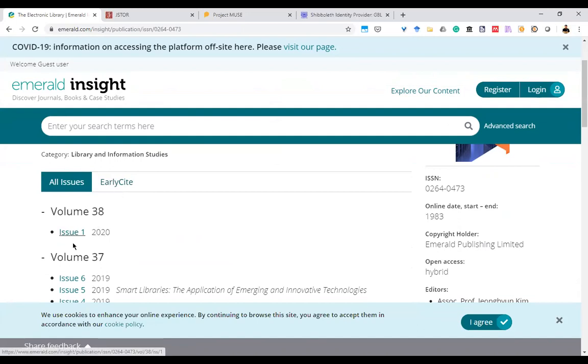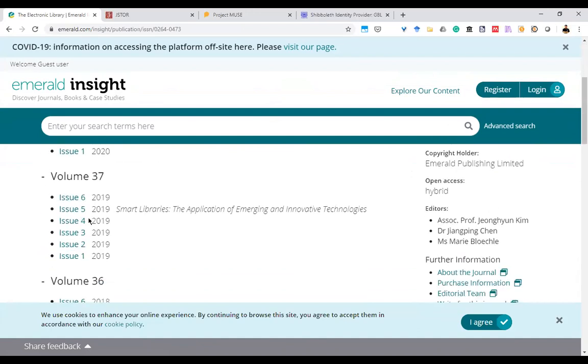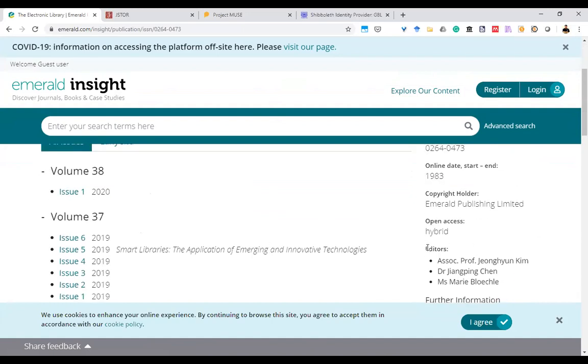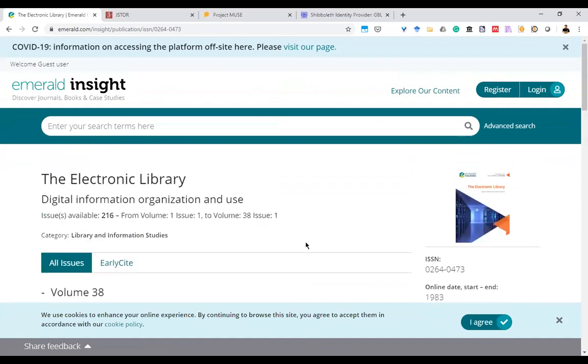Volume wise, I can browse all the articles, and who the editors are and other things, because it is a publisher database.